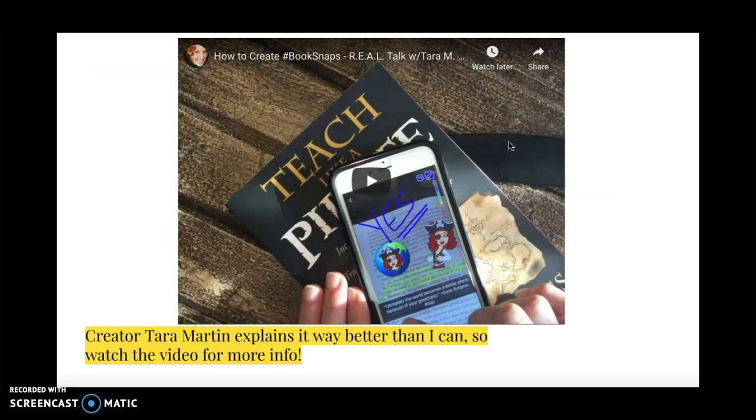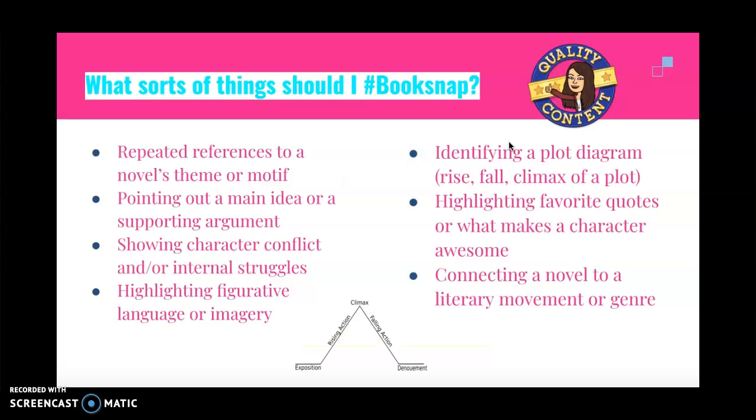I would encourage you to look at Tara Martin's website. I have the link at the end of this, but also the videos embedded, where you can see her create a book snap in real time, which is pretty cool. So there's all sorts of things that you can ask students to book snap. I gave some ELA related